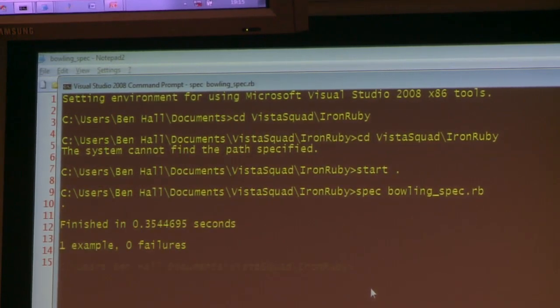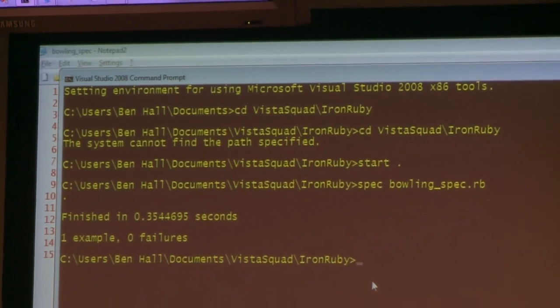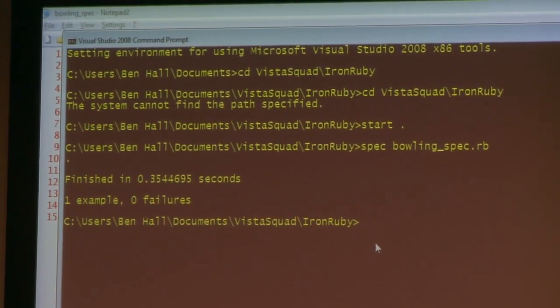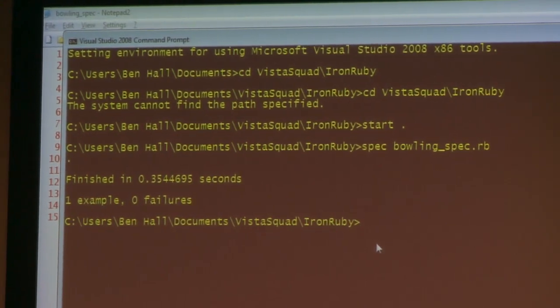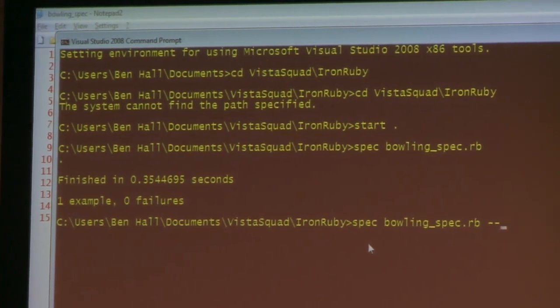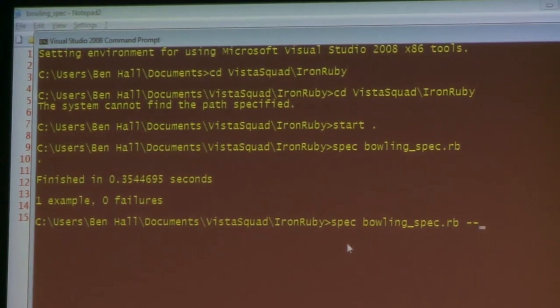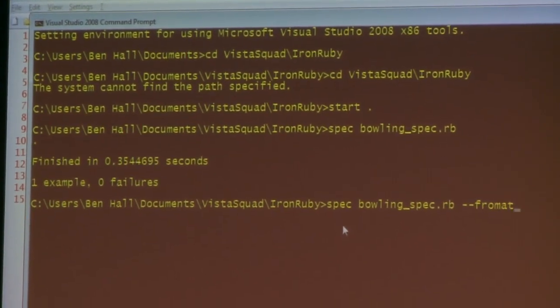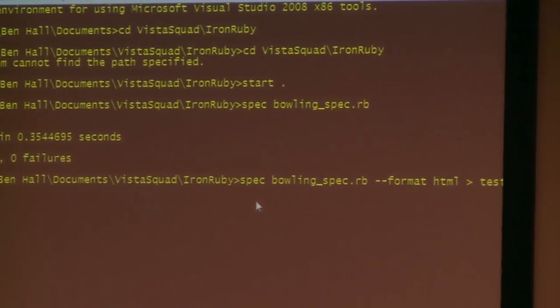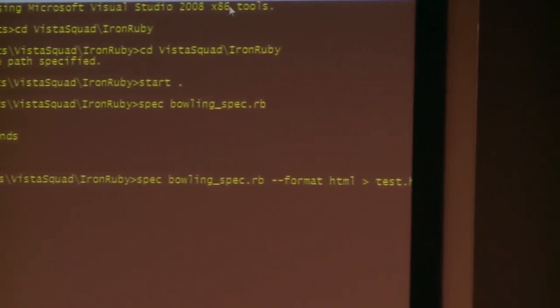It takes a bit of time at the moment, but as you can see, once it's kick-started, we get the nice pass-fail result, and we have our Ruby code testing our C# code. I think this is extremely powerful because now we can take advantage of this behavior-driven development framework we have in place. For example, we could output the format as HTML, redirect it to test.html,